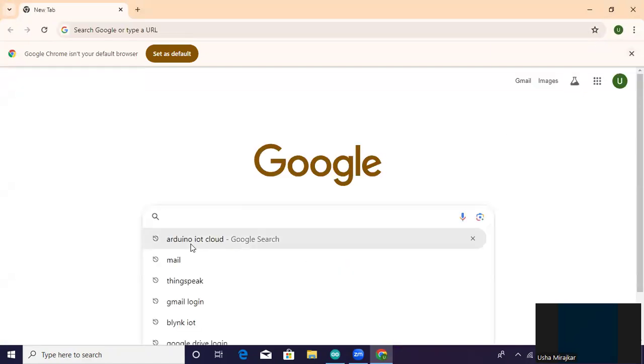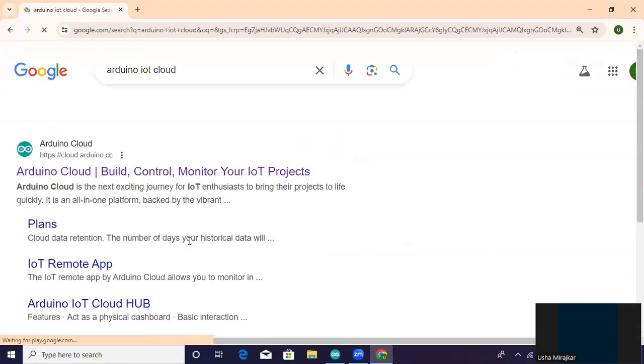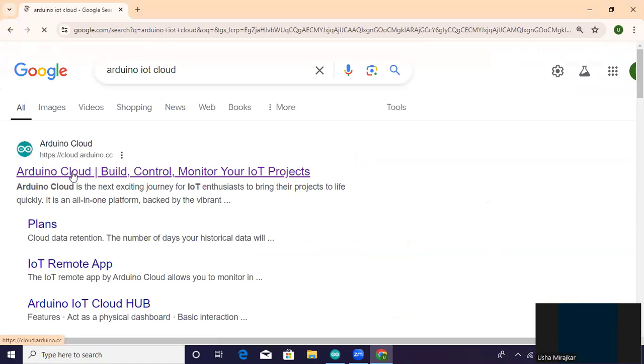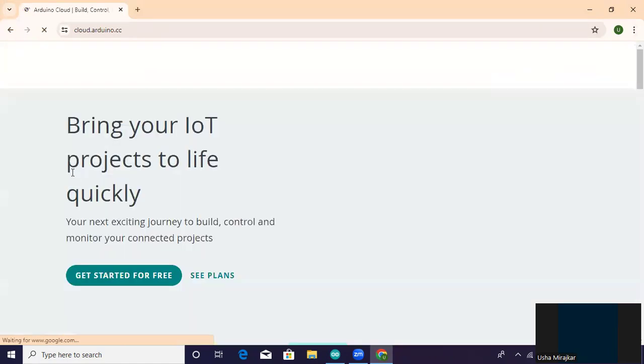Search for the Arduino IoT Cloud. Click on it. Get started for free.